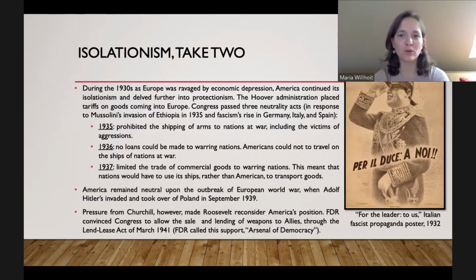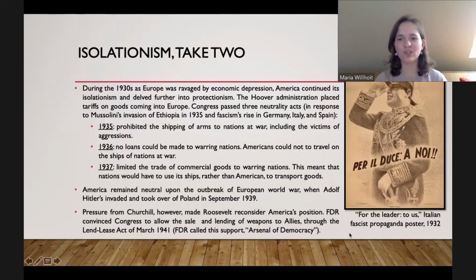Even though we wanted to be neutral or isolationist, we didn't like what was happening in Germany and Italy. It's not something we agreed with. We still were very much a pro-democratic nation. So we wanted to help, and FDR called this movement to help allies with the Lend-Lease Act the arsenal of democracy. Arsenal meaning it's where you supply your weapons. I think it's like a military base where you supply all your weapons, your tanks, your guns. So he was going to give an arsenal of weapons, of supplies to our allies.